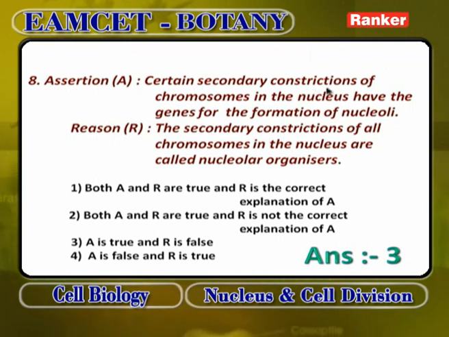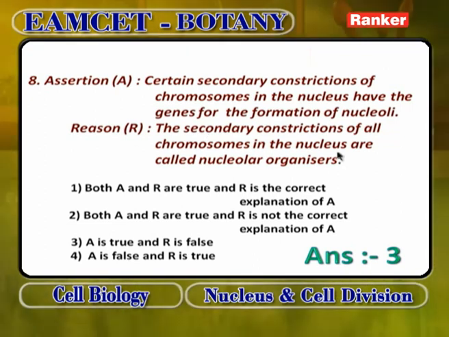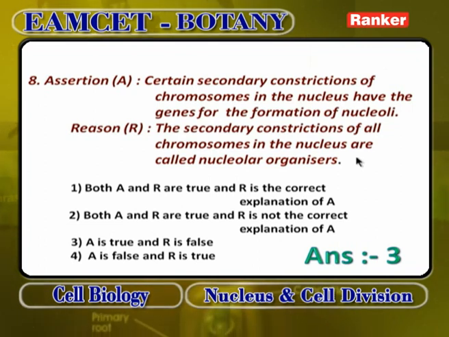Certain secondary constructions of chromosomes in the nucleus have the genes for the formation of nucleoli. This is the assertion. The secondary construction of all chromosomes in the nucleus are called nucleolar organizers. First one is correct. Certain secondary constructions of chromosomes in the nucleus have the genes for the formation of nucleoli